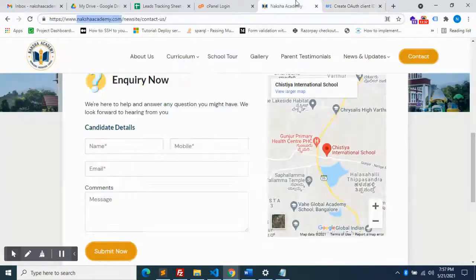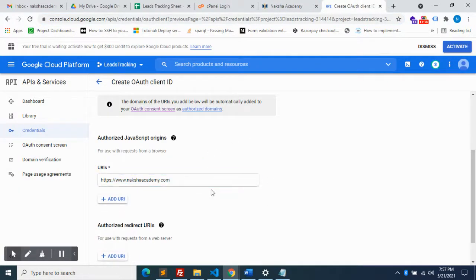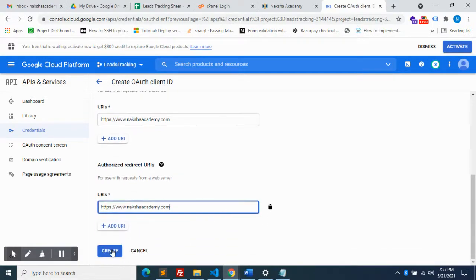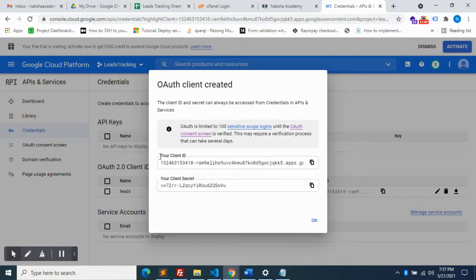This is our website domain. It's the redirect URI. Once the client has been created, you get your client ID and your client secret. This is the main credential for us to proceed further.